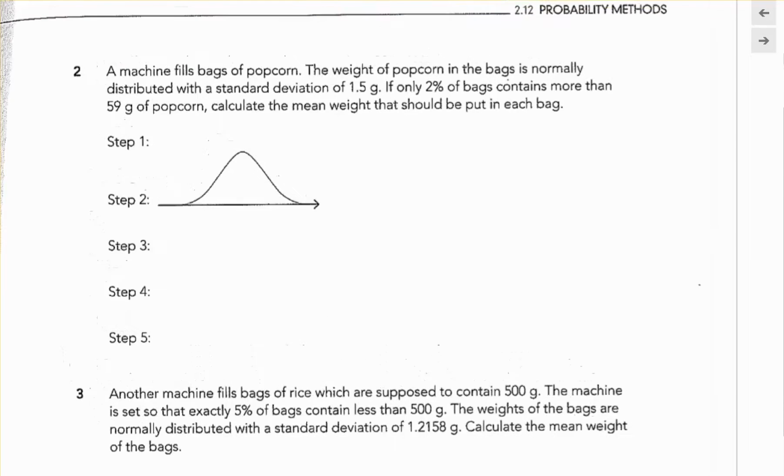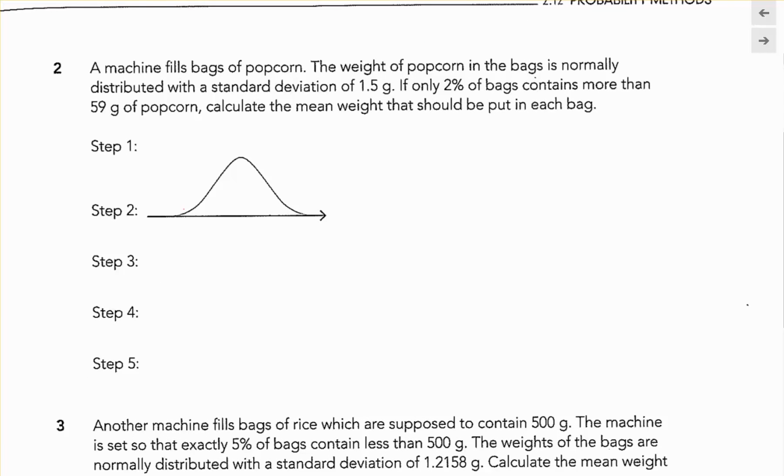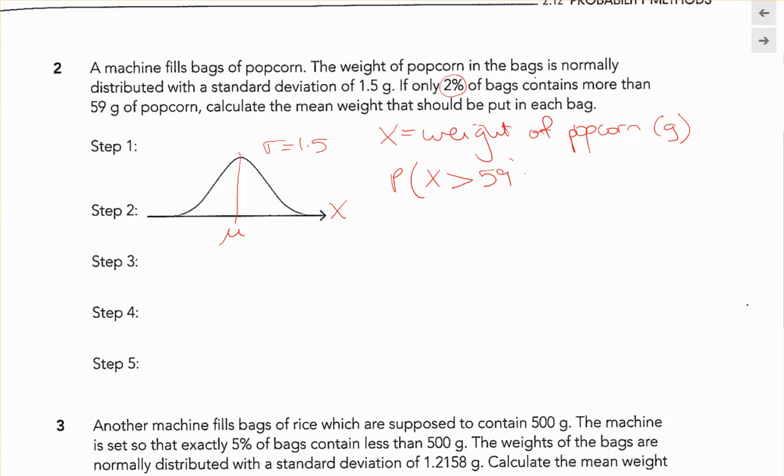So let's have a go at number 2. Weight of popcorn in the bags is normally distributed, so this time x is the weight of some popcorn. Looks like it's in grams. Standard deviation is 1.5. If only 2% of bags contain more than 59 grams, calculate the mean weight put into each bag. So once again we're looking for the mean, and we're told that the probability of the weight being more than 59 is only 2% or 0.02, so quite a small amount, which tells me that 59 must be up the top end, and the probability of a bag weighing more than that is the same as the area under the curve,